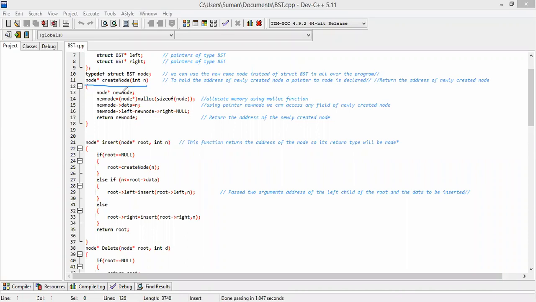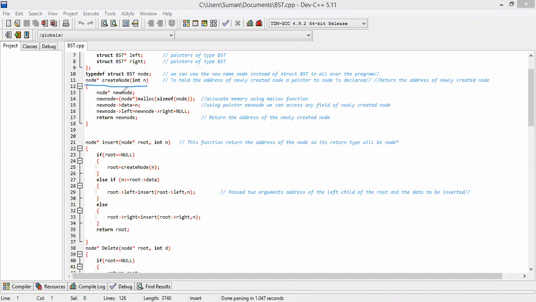It is declared to hold the address of the newly created node. This function will return the address of the newly created node.